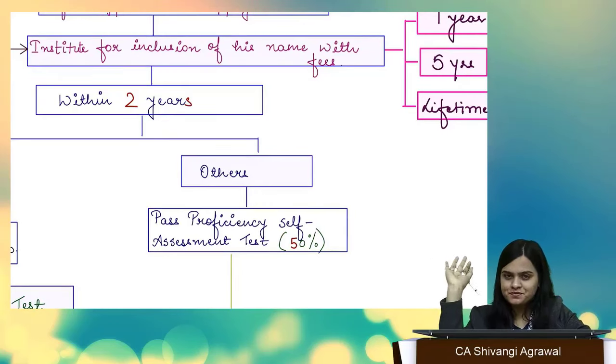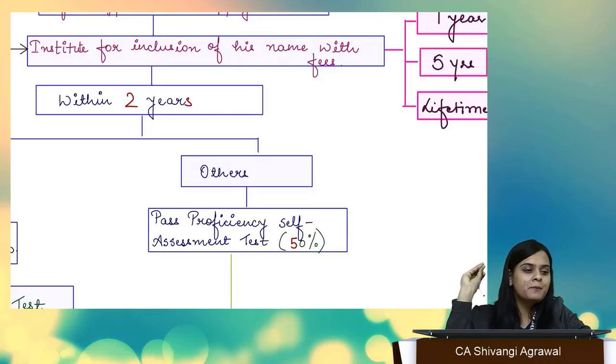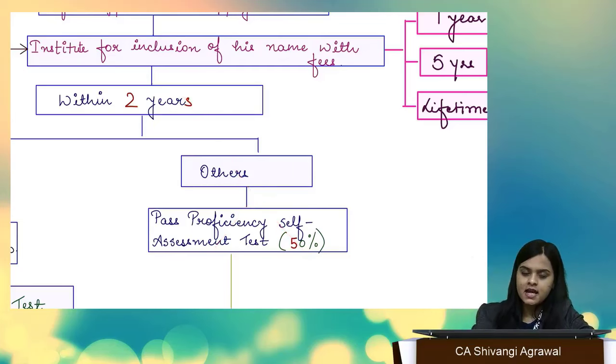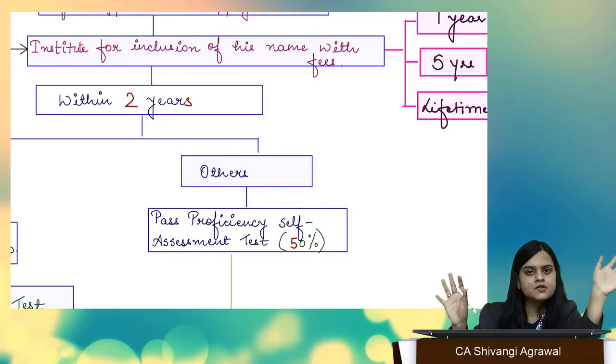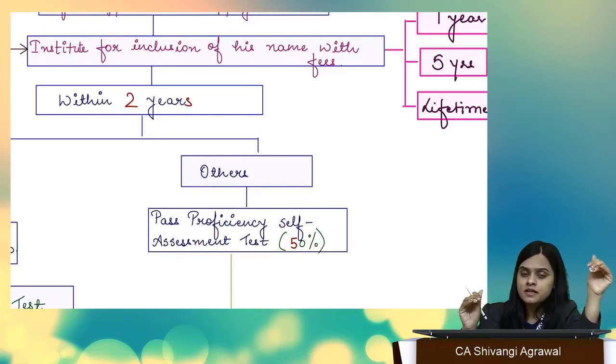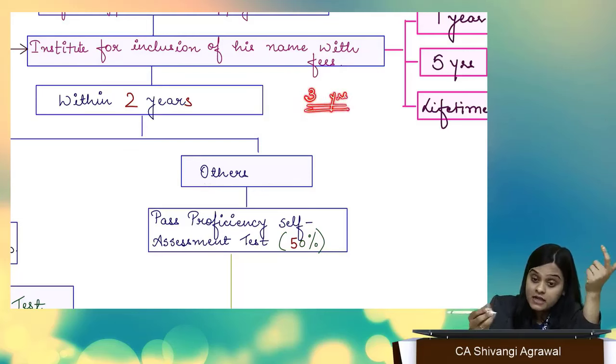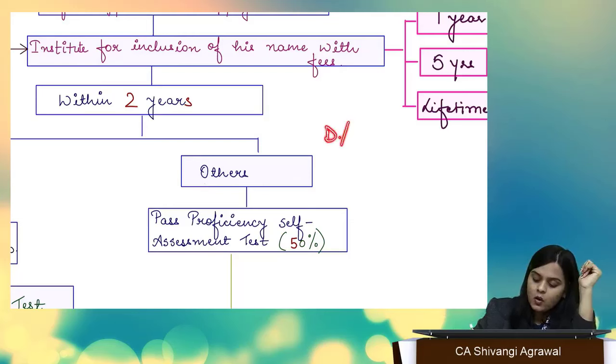exemption. What exemption, ma'am? Now, some very proficient people are not required to appear for their test. They will apply to the institute for inclusion of their name, and this step is excluded. They don't have to appear for their test. Who, ma'am? Someone who has 3 years of experience as a director or KMP